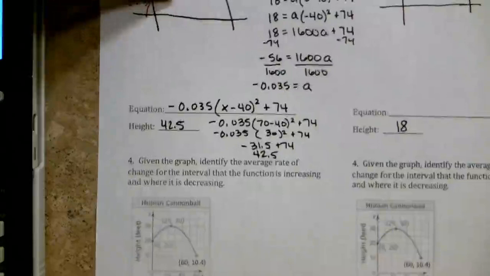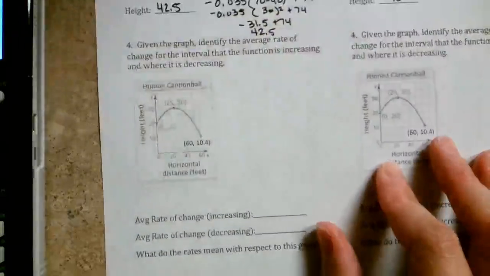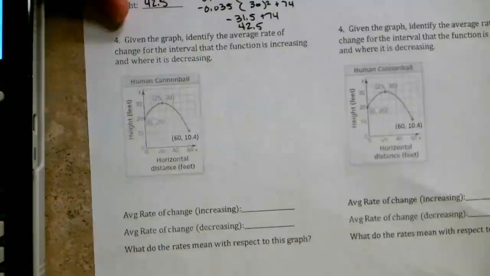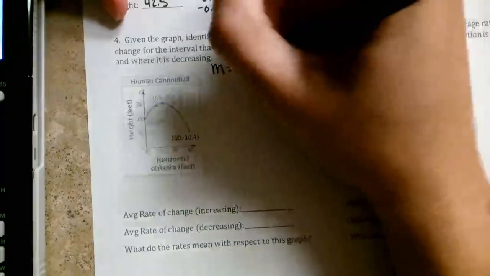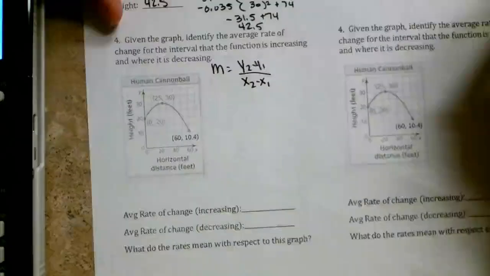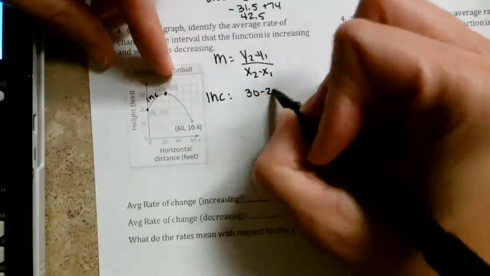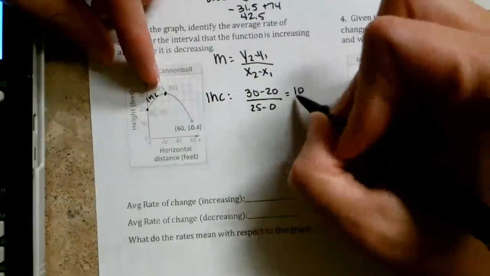Okay, for the last question, we have a graph given. We have to figure out the average rate of change and where the function's increasing and decreasing. Average rate of change is slope. So remember, when you do slope, you do the difference in your y's over the difference in your x's. So on this graph, if I'm doing the increasing part, I'm going from here to here. So I'm going to subtract my y values on the top, so I have 30 minus 20. My x values on the bottom, so I have 10 over